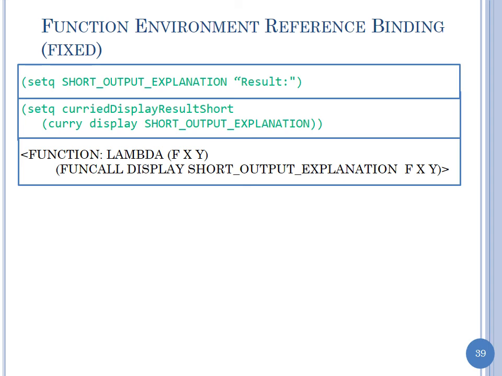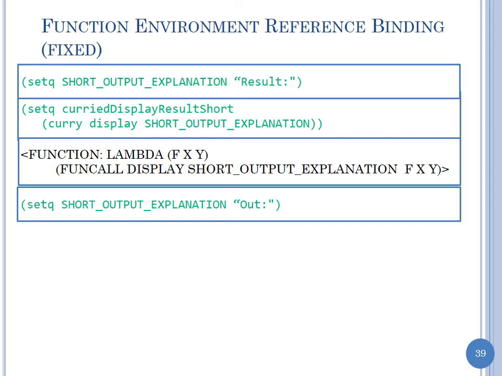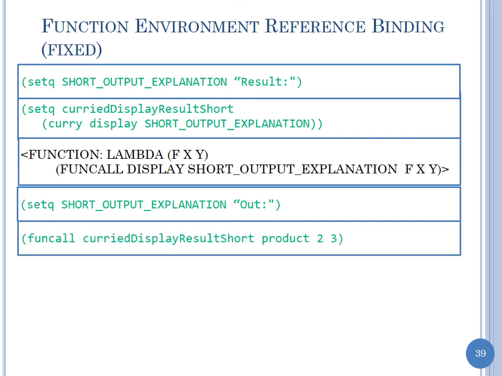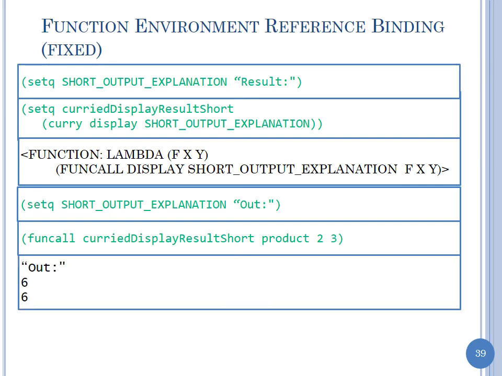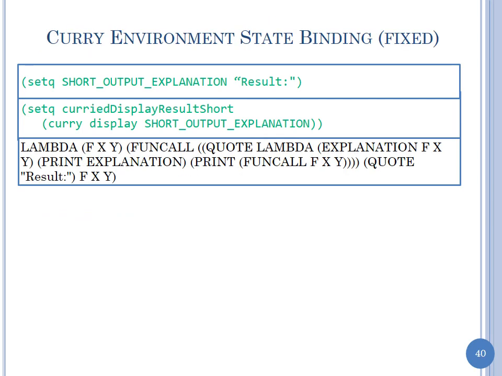So if I do that, and I set short explanation to out later, and I do a FUNCALL, I'll get this to be out, right? Because we bound it to the environment reference, not to a copy of the environment. So any changes you make to the variable afterwards are going to take effect. This is if we had gone and done a function. We had not quoted. If we quote it, and again imagine that I didn't have this product here,